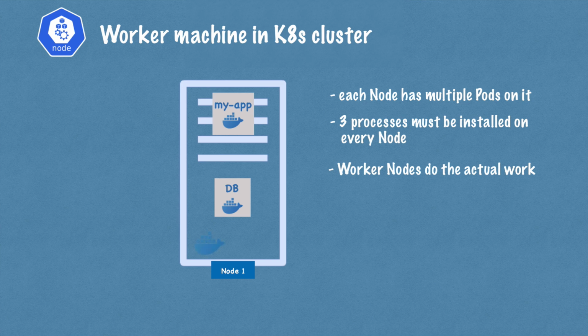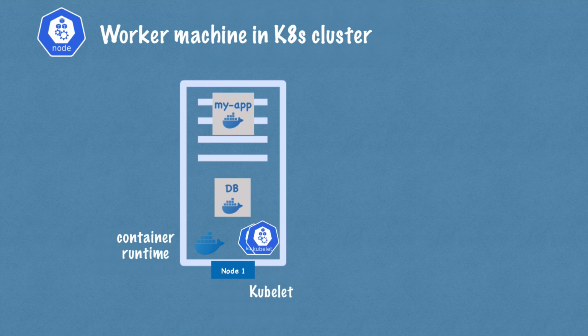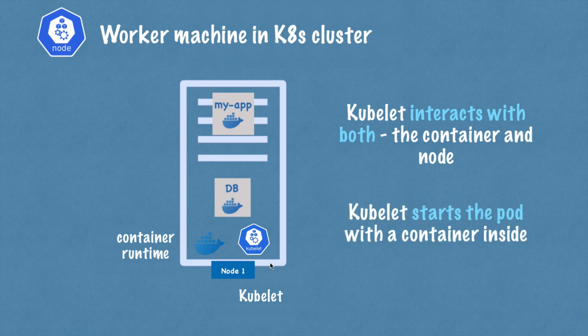So the first process that needs to run on every node is the container runtime. In my example, I have Docker, but it could be some other technology as well. Because application pods have containers running inside, a container runtime needs to be installed on every node. But the process that actually schedules those pods and the containers underneath is Kubelet, which is a process of Kubernetes itself, unlike container runtime, and has an interface with both the container runtime and the machine, the node itself. Because at the end of the day, Kubelet is responsible for taking that configuration and actually starting a pod with a container inside, and then assigning resources from that node to that container, like CPU, RAM,